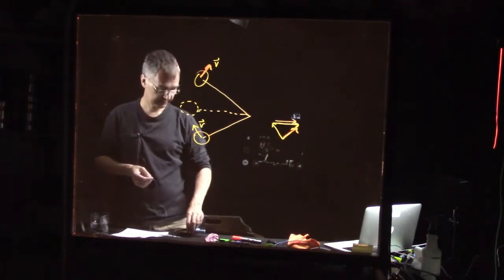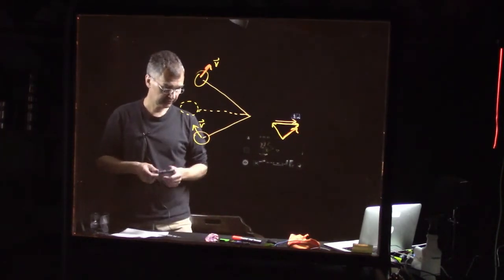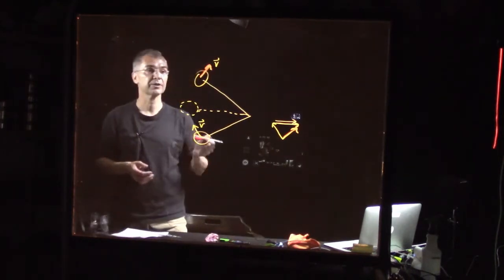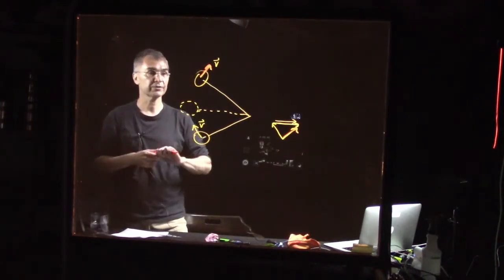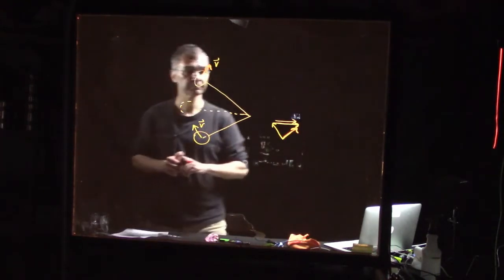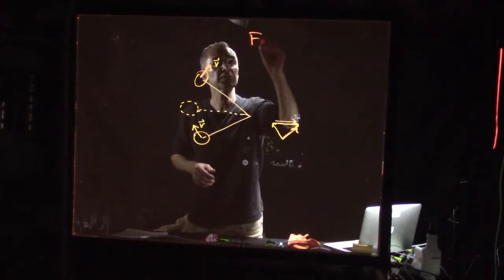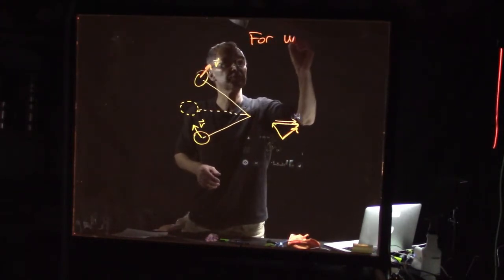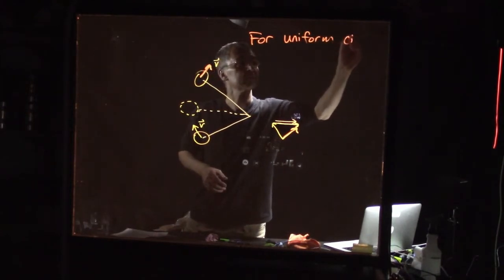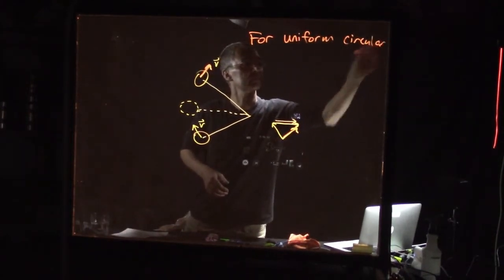So again, we're not going to do this in any detail because it's a Physics 8 topic, but it's just something that I'm hoping that you've seen before, even if it's not too clear in your memory. So for uniform, which means constant speed, circular motion,